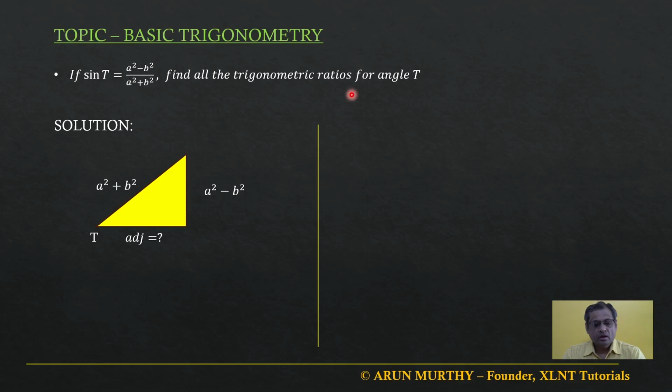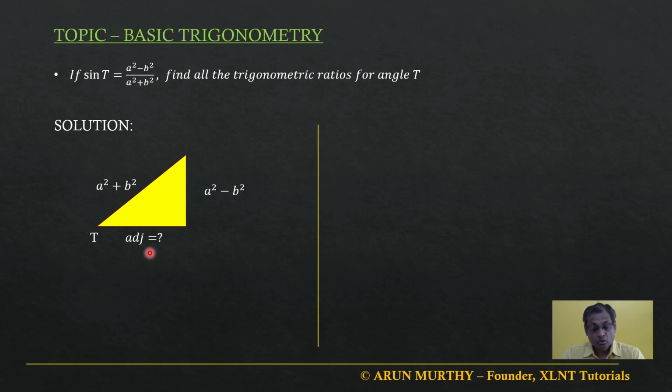Sin t is defined as opposite side divided by the hypotenuse in a right angle triangle. So here, since sin t is equal to (a² − b²) divided by (a² + b²), the opposite side becomes a² − b² for angle t, and the hypotenuse becomes a² + b². Now if we want to find out all the other trigonometric ratios, we need to first find the adjacent